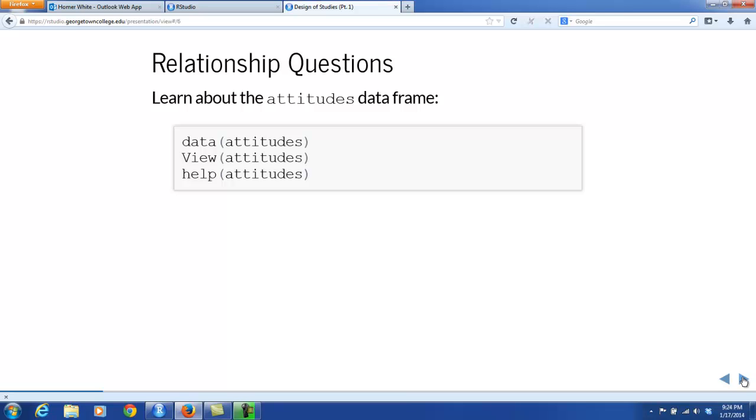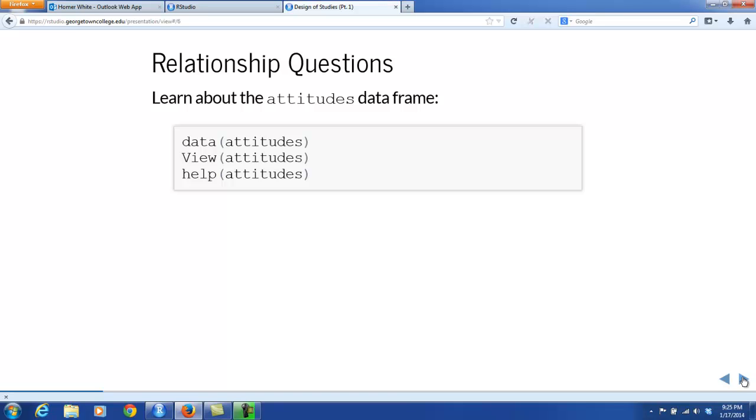First, we make sure that the data frame is put into our global environment using the function data. And then we can use the special RStudio function view to view it in a files pane and see the variables present along the columns, the individuals along the rows. And we can learn more about the data frame. We can read it in context, as it were, by getting help on it and learning who collected the data